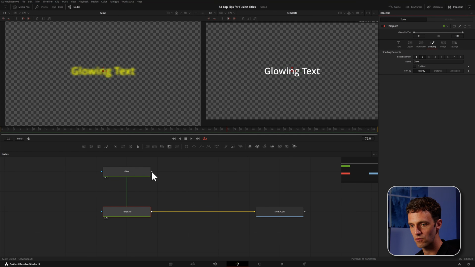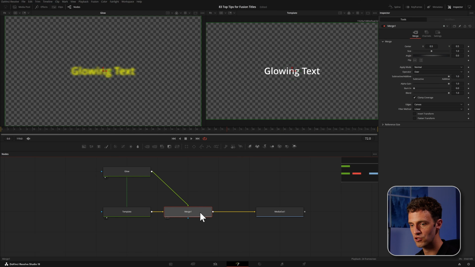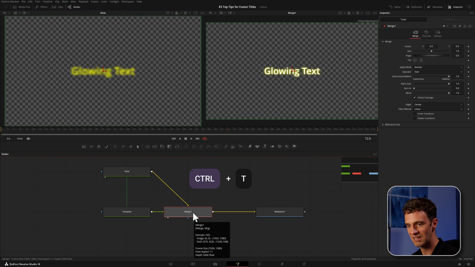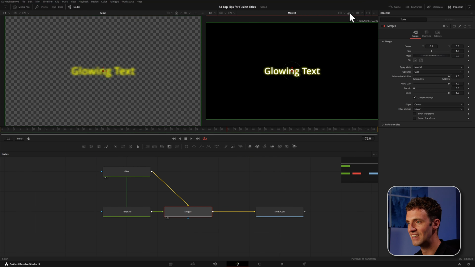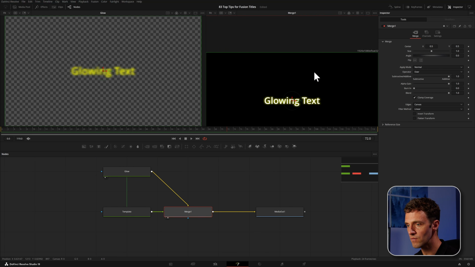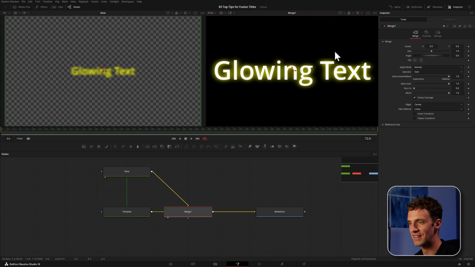And now all I need to do is merge them together. Output over output gives me a merge. And if I bring this into the viewer, it's the opposite. So foreground, background, switch, Control-T to switch foreground and background. And now I'm back to where I was. In Fusion, we have the checkerboard, long left click here, and we can turn it off. And we have again the same thing we have in the edit page, but now I've separated out my layers,